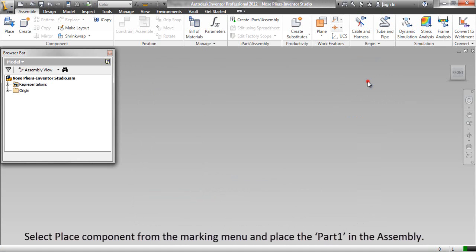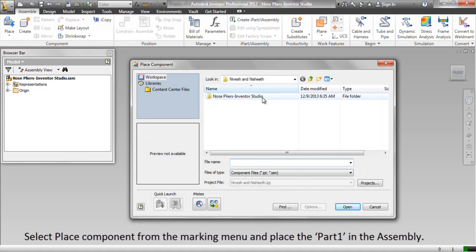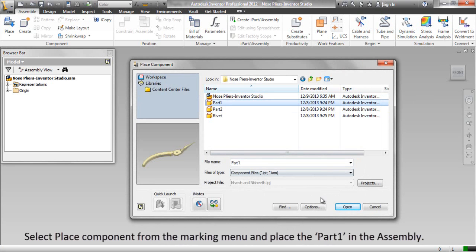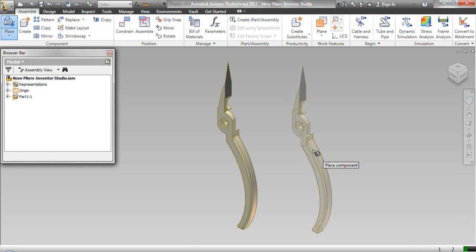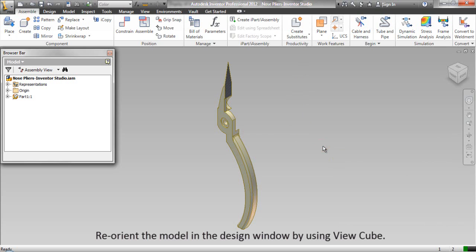Select Place Component from the marking menu and place the part 1 in the assembly. Reorient the model in the design window by using View Cube.